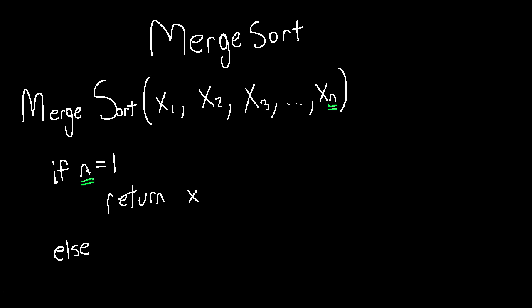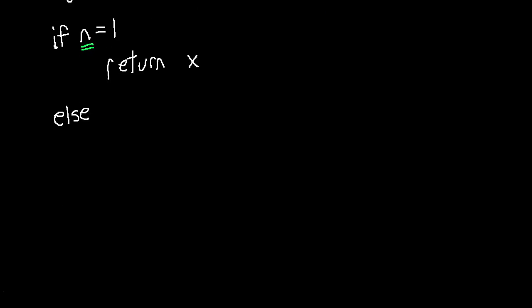So that's one thing. You'll see what I mean in a moment over here. So we need a way out, and that is essentially going to be our way out. Now we're going to have an else statement over here, which means if we aren't entering here, we will enter down here, and we will go ahead and say that we will be returning merge